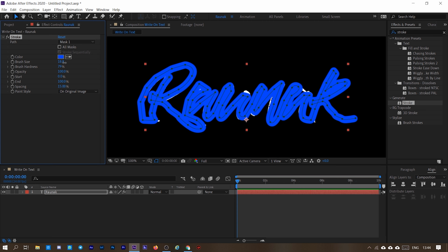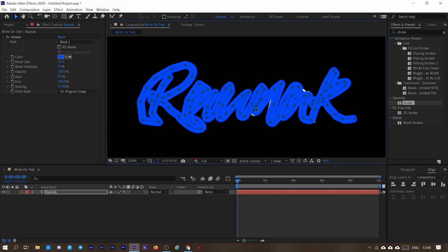Maybe we will increase the brush size a little bit more. So yeah, that's done. Okay, a little bit here. Yeah, now it's complete. You cannot see the white part and the whole text is covered with the blue part.